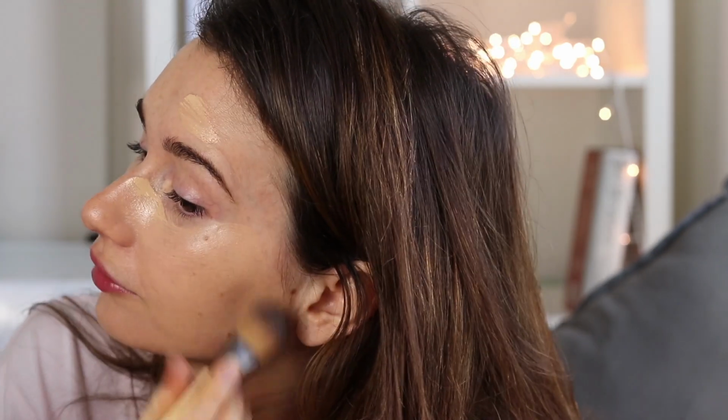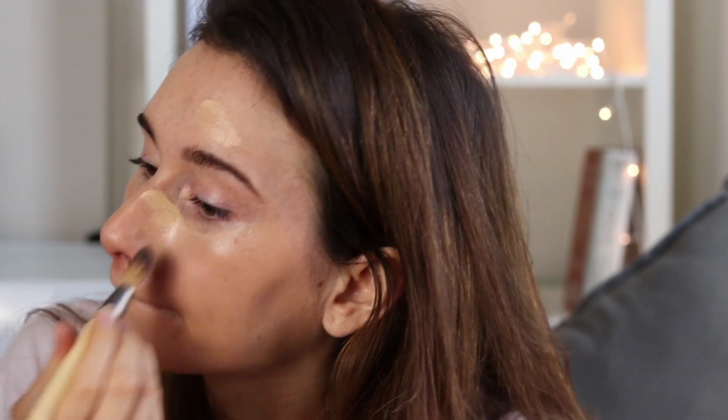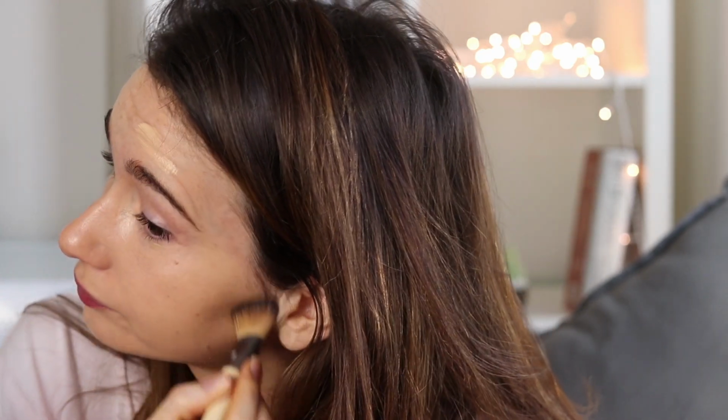I'm not really feeling the smell of this. I'll just put it on this side of my face. It does look better obviously than this side, but on the website it says that it's a new advanced formula,